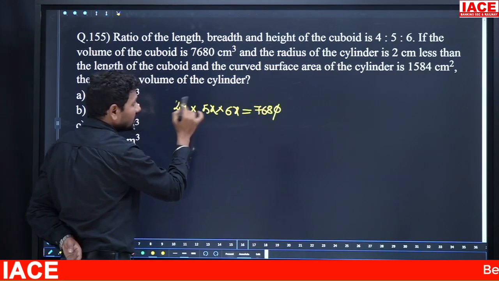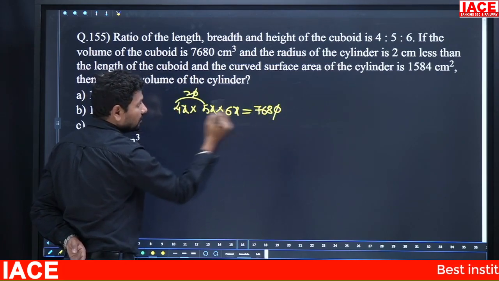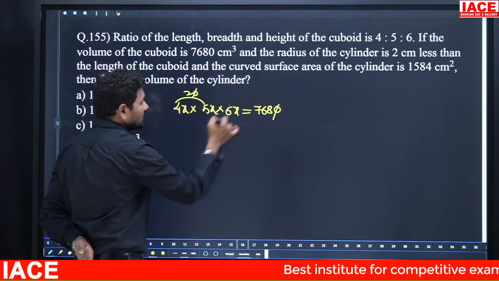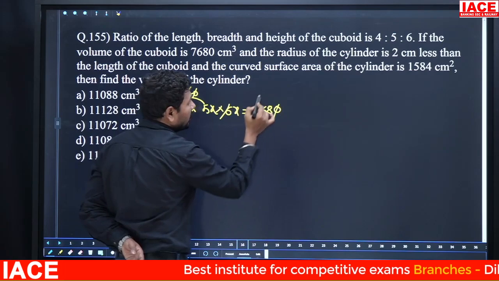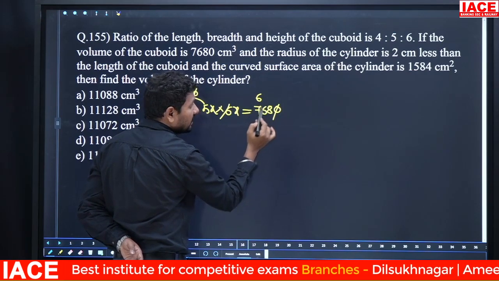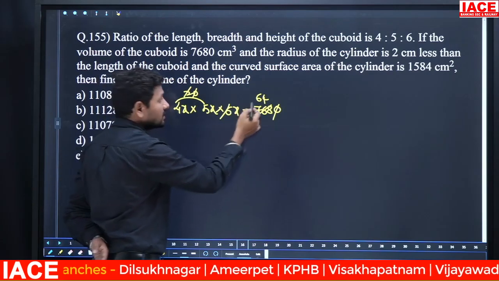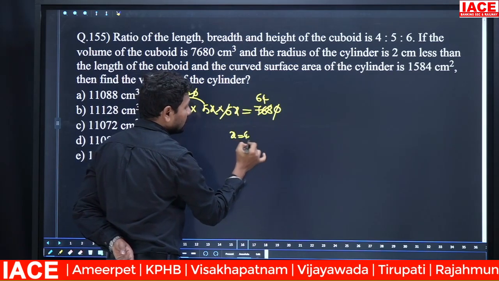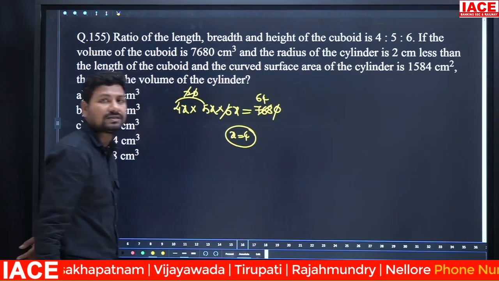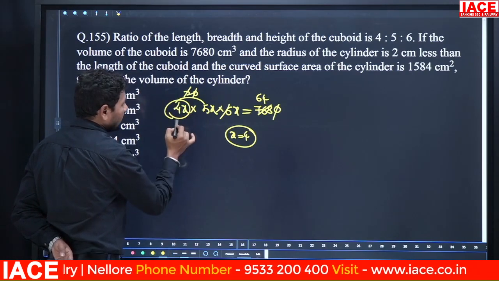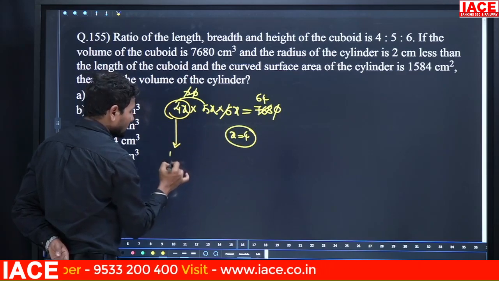Then 20 means it becomes 20 and 0 will be cancelled. 6 2s is 12. 12 you can multiply. 6 2s is 12. 12 how many times? 12 6s is 72, remaining is 48, 12 4s. And x into x cube. x cube is equal to 64, which means x is equal to what is the value? 4. Then length becomes basically 4x. Then 4x, x is equal to 4, means it becomes how much?